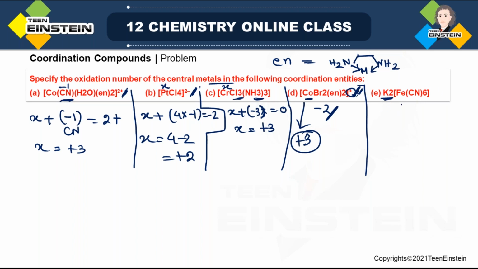That means if you focus only on this part, there will be total charge 2 negative. Now there is 2 negative charge, and we know 6CN means 6 negative charge. So 2 negative charge extra when there is some positive charge and -6. That means it must be plus 2. Sorry,